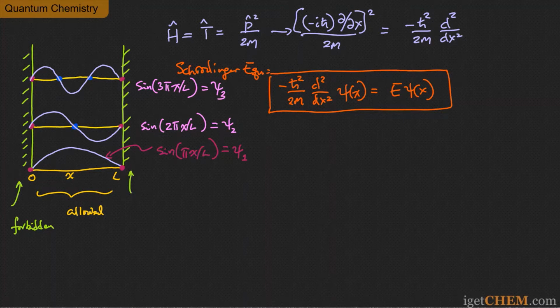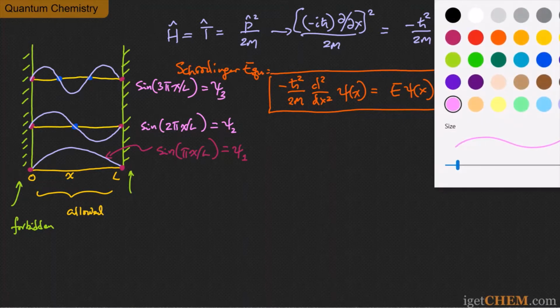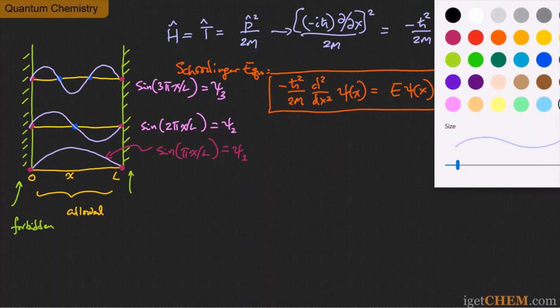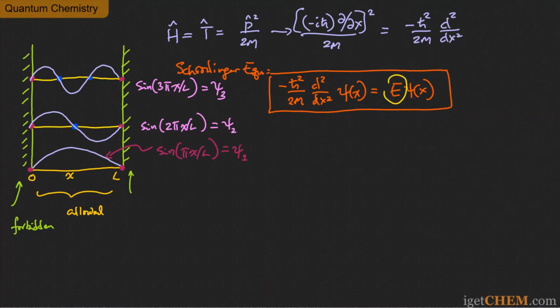Okay, so continuing on, what we can do is to then plug these into the Schrodinger equation to find out what are the corresponding eigenenergies for each of these states. Now, the problem doesn't ask you to do that, but I'm going to do this quickly to try to illustrate some key points. But before I do that, I'm going to try to change these wave functions by using a